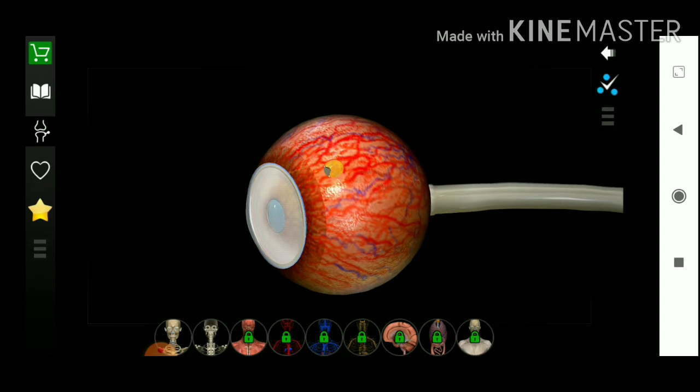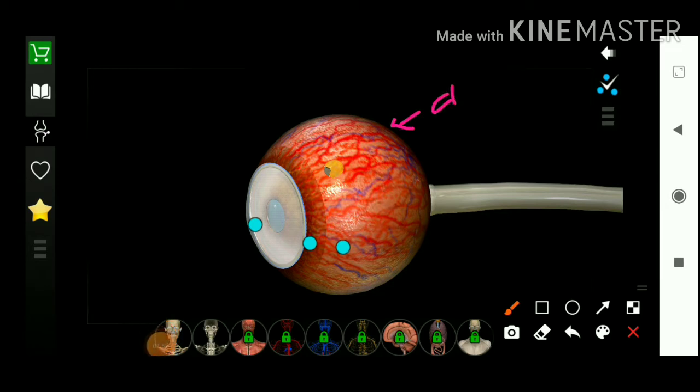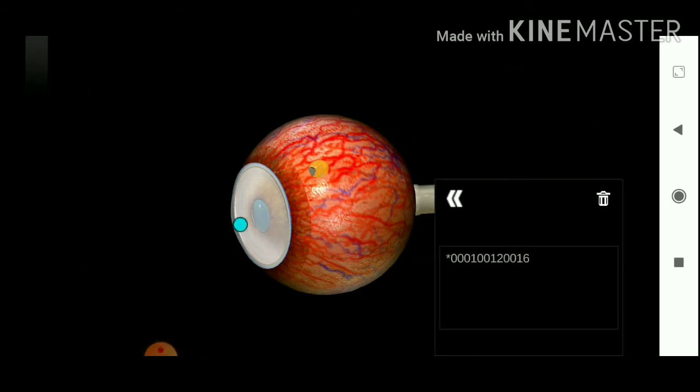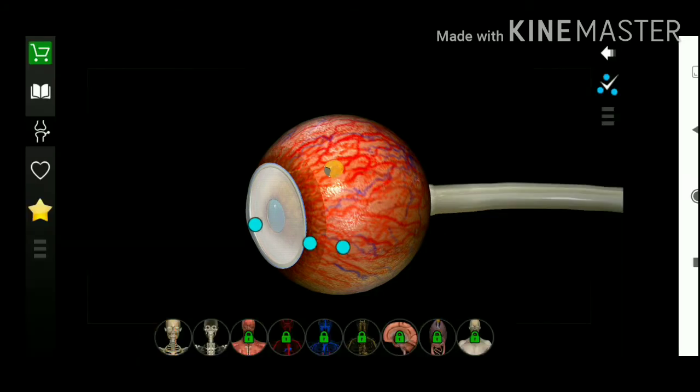This is the vascular layer of the eyeball, which is known as the choroid. Now you see that the choroid is not the complete second layer of the eyeball. On the contrary, the layer next to the sclera is mainly the uveal tract, and the uveal tract is divided into the posterior choroid. The layer anterior to it is known as